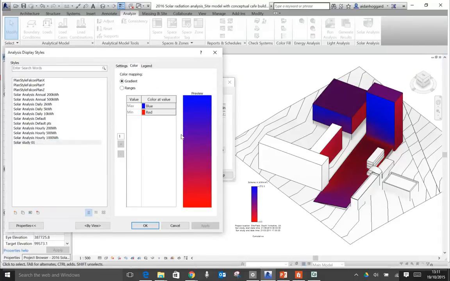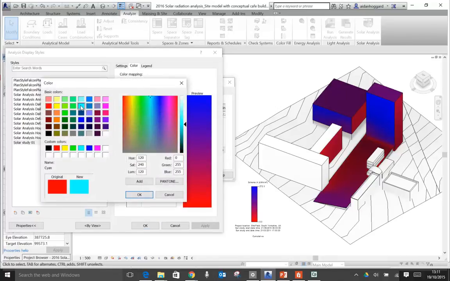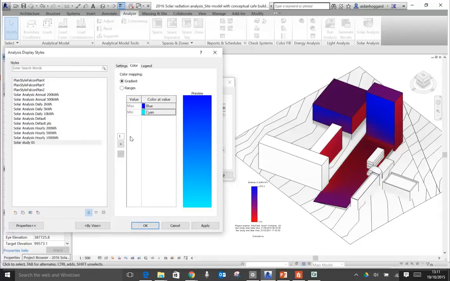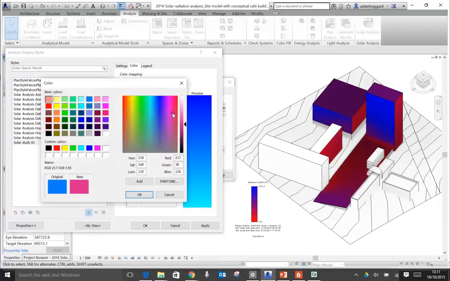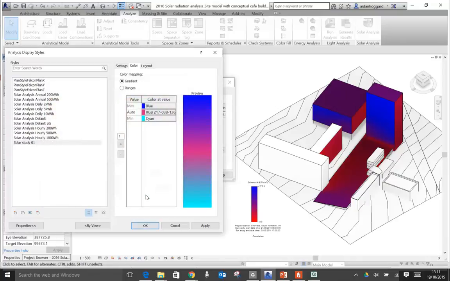So we've got different colour ranges. Here we can choose maximum, minimum colour ranges, gradients. We can go in and configure the colours, and you pretty much do what you like with that. To be honest, I normally just stick with the defaults, but yeah, you can go in and do that. If I just click apply, you see that it's using a different color scheme, and that is reflected in the key. If we go back into the ranges,